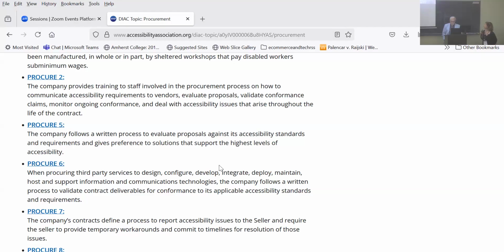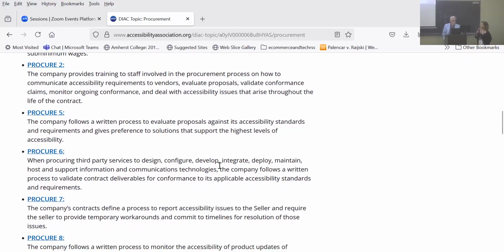Okay? So another one is Procure 6. I'm not skipping to the page that has the related criteria on these, because I want to start hearing from you guys. When procuring third-party services to design, configure, develop, integrate, deploy, maintain, host, and support ICT, the company follows a written process to validate contract deliverables for conformance to its applicable accessibility standards and requirements.